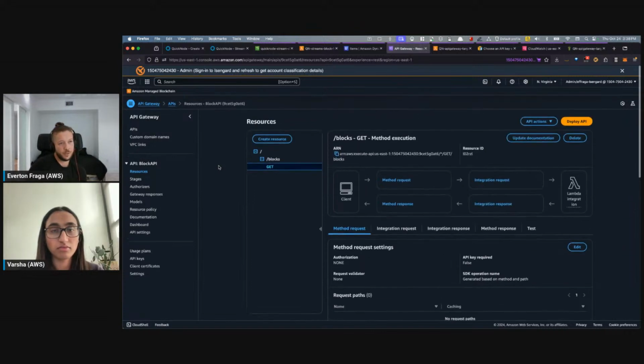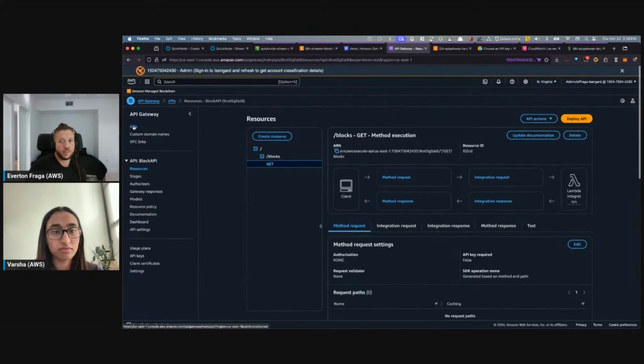So I can just come here, APIs, and then create new API. I'll get a URL for it. I can decide upon authorization methods, API throttling, quotas, free, paid, the several different authorization methods.